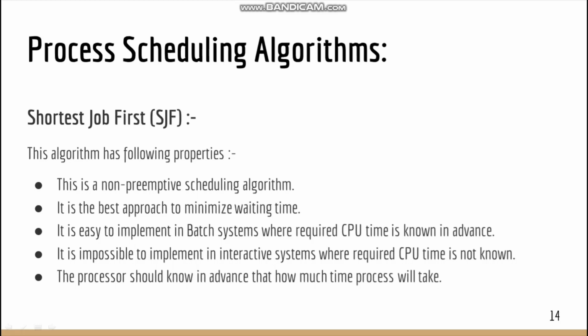Then the process which has a much larger burst time will be executed later, and the process which has the largest burst time among all the processes will be executed at the end. So in this way, all the processes will be executed in the system successfully according to their burst times, from the lowest to the largest burst time.